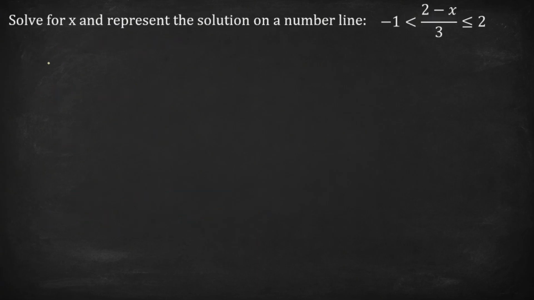Let's do one more example. Here we also have a compound inequality, but this time we are dealing with a fraction that is in the middle. So normally when we have to deal with fractions, we have to find an LCD, especially if we have more than one term on one side of an inequality or an equation. But now because we only have one denominator, which is this 3, and because we only have one term on each side of this inequality, I'm going to multiply by my denominator.